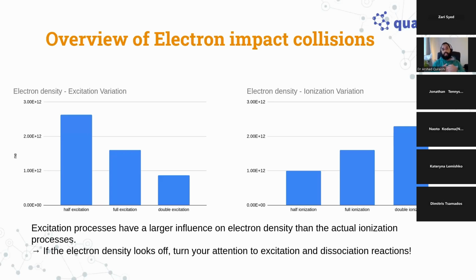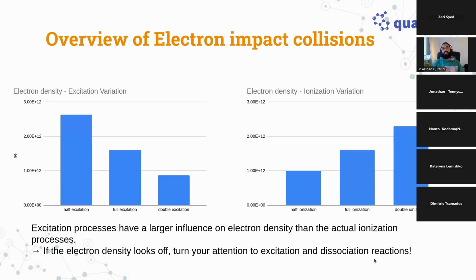However, the energy required for excitation is relatively lower, so most of the available energy is utilized for excitation events, and because excitation happens more frequently, it affects the overall energy distribution in the plasma. So if the electron density looks slightly off, we should turn our focus to excitation and the dissociation reactions, because